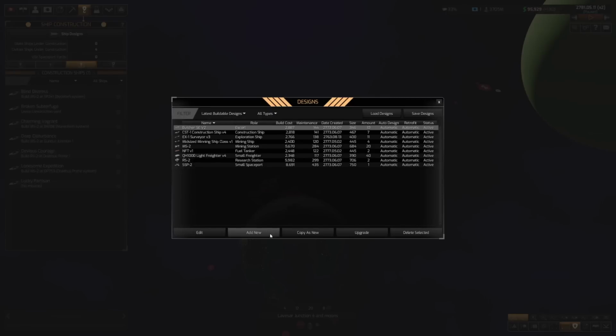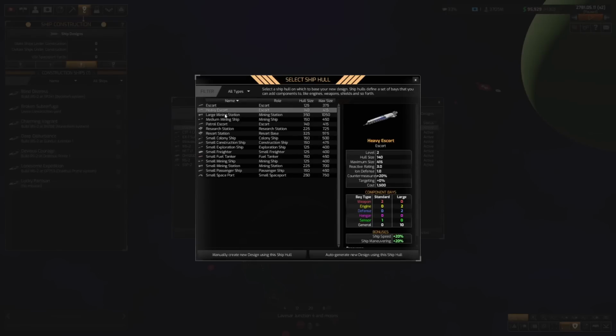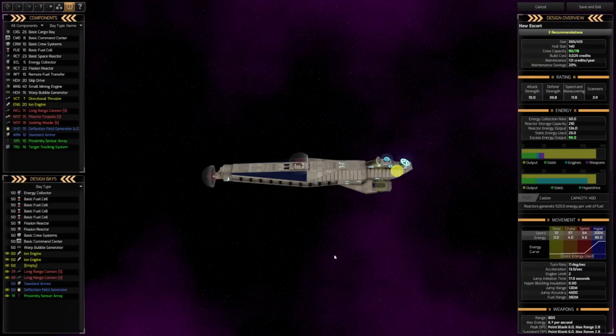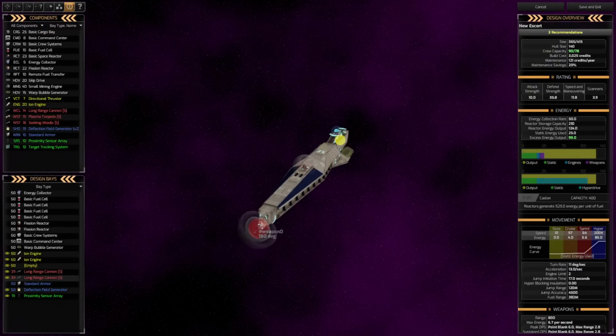Now, if we build a new class of ships, let's say a heavy escort. We just unlocked 2 new escort types, heavy escorts and patrol escorts, which in theory have a hull size 15 larger than a regular escort. Their maximum size is 25, 40 larger than a regular escort. So these two represent new hulls that should, in theory, be considerable upgrades. But if we auto design this escort, we can see it is still limited to 2 weapon slots,